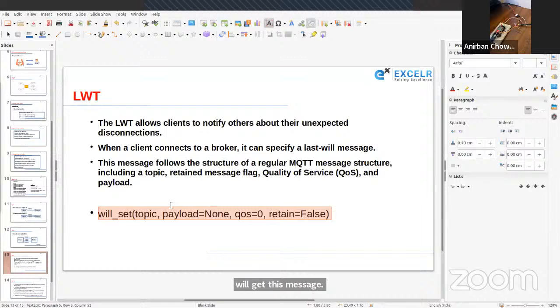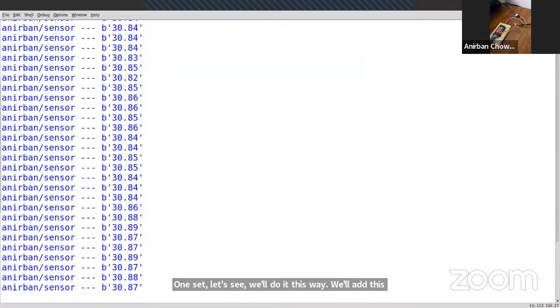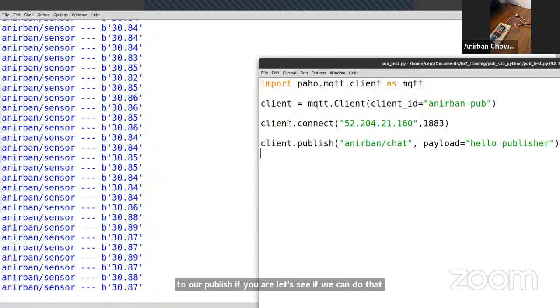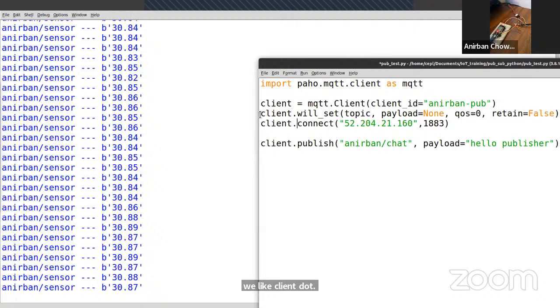We'll do it this way. We'll add this to our publish if you want. Let's see if we can do that. Publish, connect. Before connect, you have to do this. Here we have client dot will set, topic will be